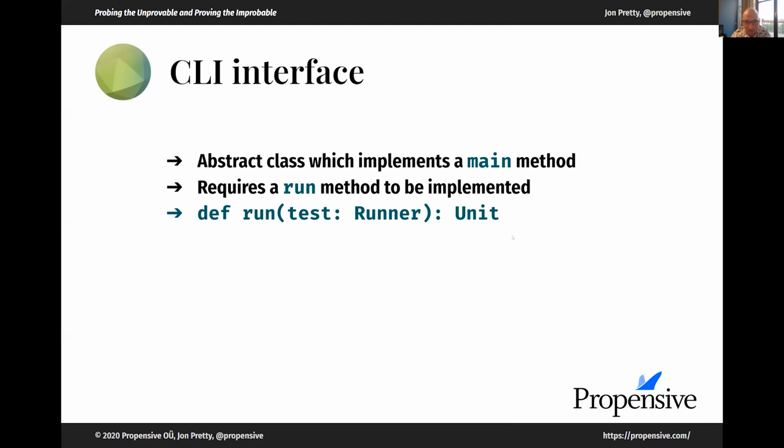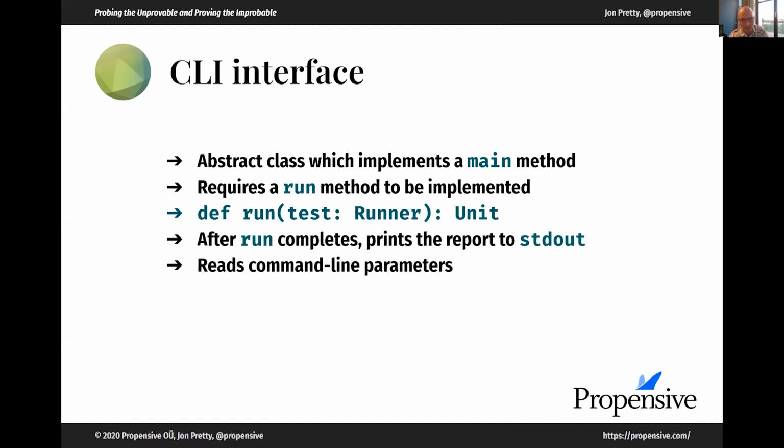You define that run method, you put all of the tests inside that, and then when you call the main method of the main class, it will execute those tests, and it will print a nice report at the end to standard output. I'll give you an example of that in a moment. It'll also read command line parameters. For example, if it should only handle one test or a subset of the tests, then you can specify those on the command line.